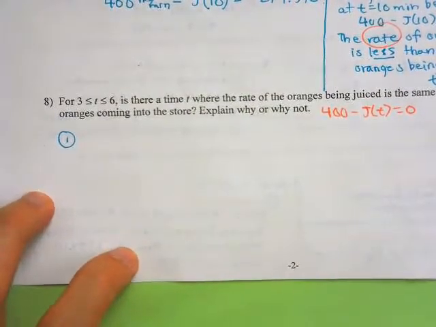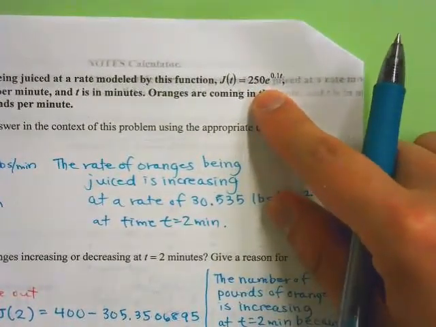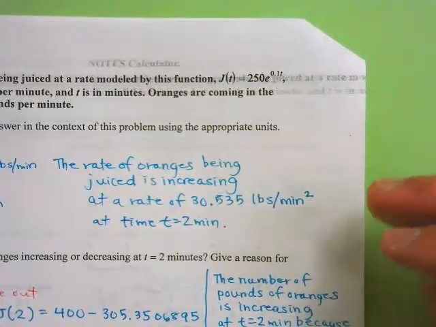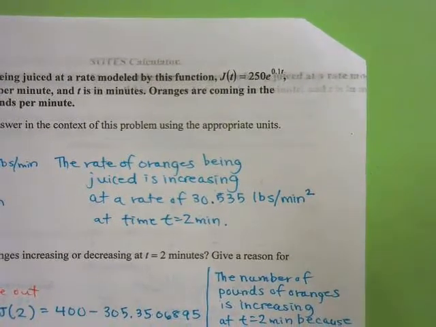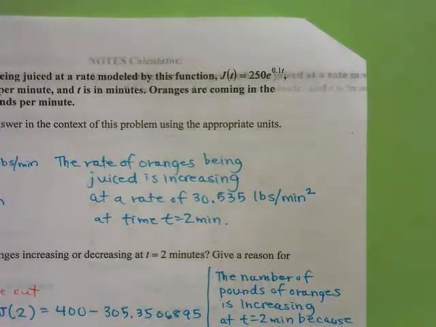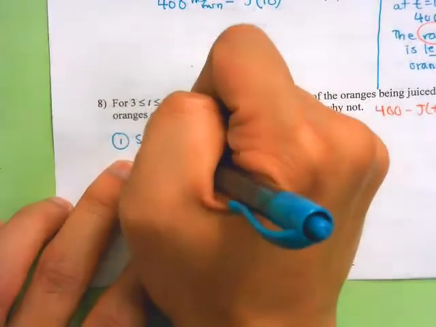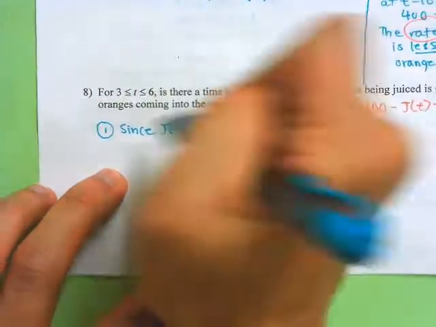Okay, how should we state continuity? Let's take a look at J of t. What do we know about exponential functions? Is it not continuous or is it continuous? They're continuous. Yeah, it's got a horizontal asymptote, but it doesn't have a vertical asymptote. Like, we can draw an exponential function without lifting our pen. Like that, J shape. So we can probably say something like, since J of t is an exponential function,